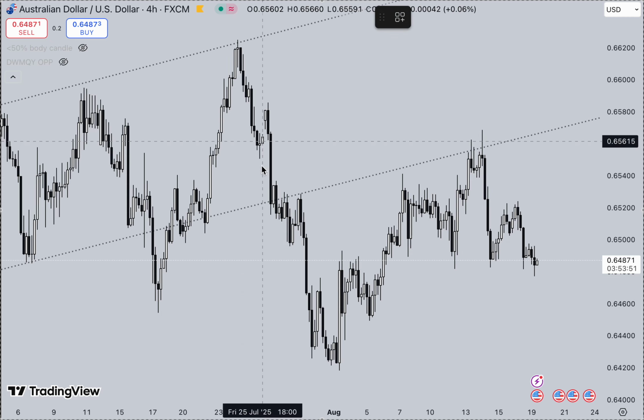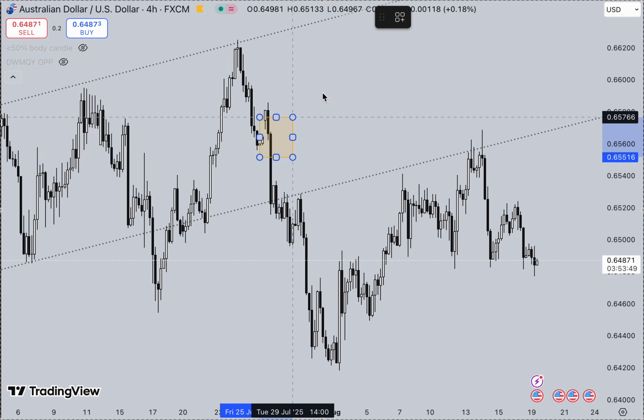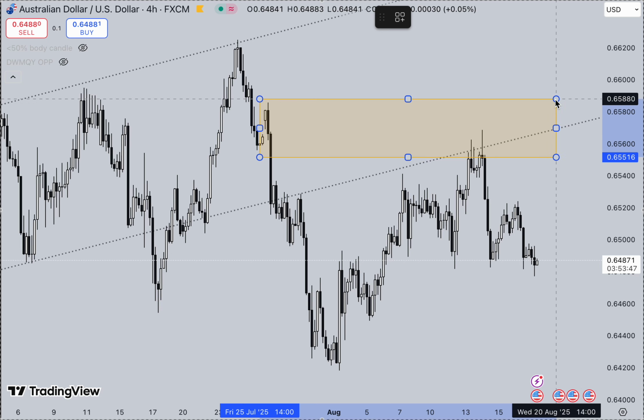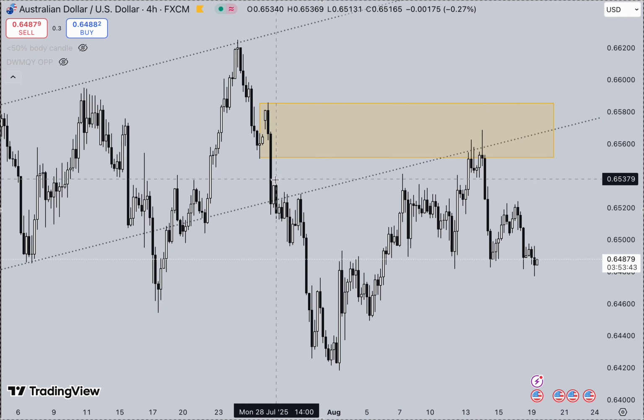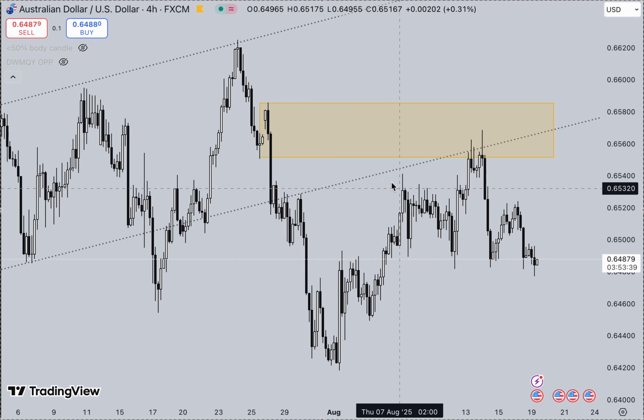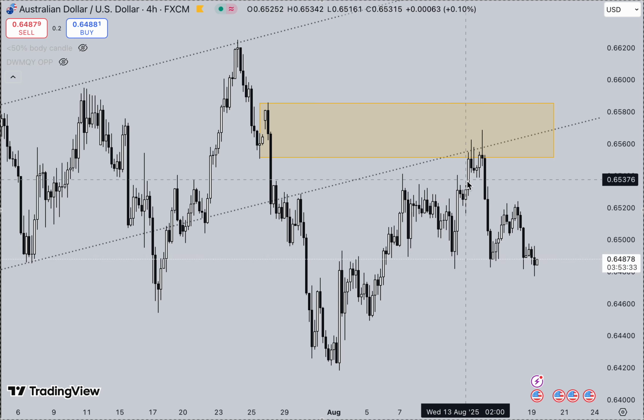So strong area of supply, guys, took out liquidity. What do we have resting here? Liquidity, descending highs. We came into here, took it out, pushed down a little bit. You can see it broke structure. Then we started to buy, came into here, into this strong area of supply,